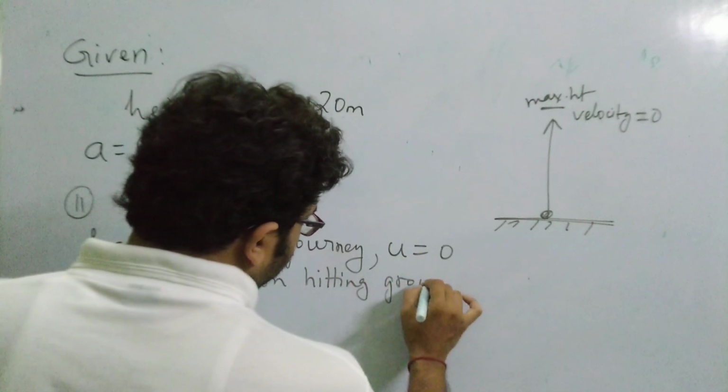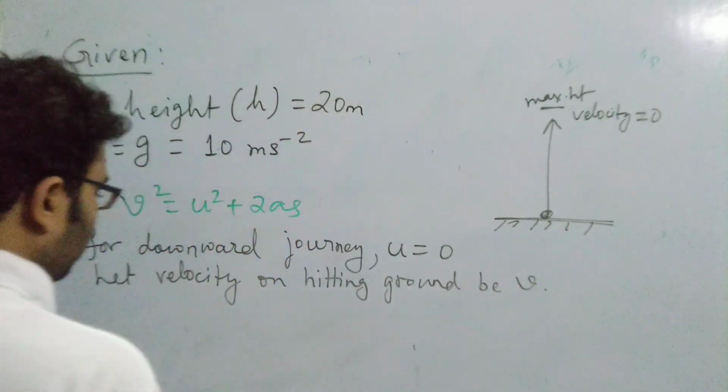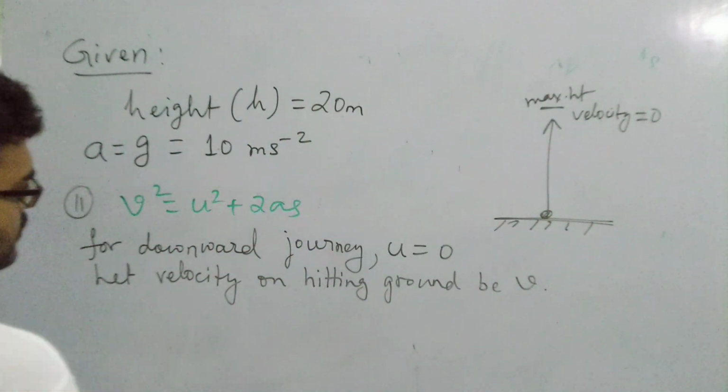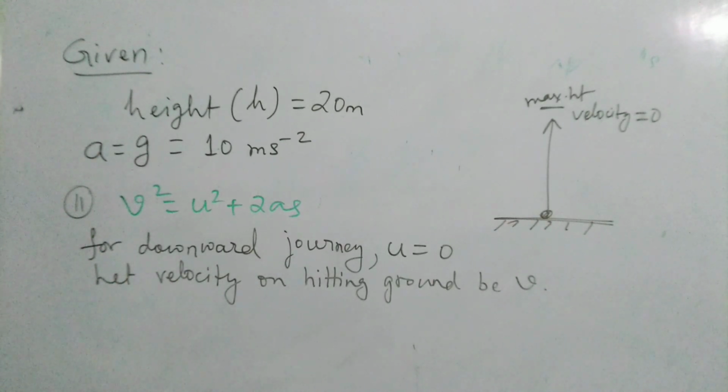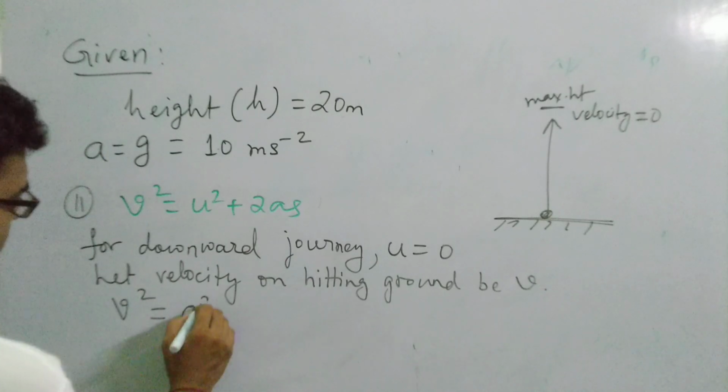Okay, hitting ground be v. Okay, so putting the values here, what do you get? So consider, we can write it as v square is equal to u square, which is 0 square, and again